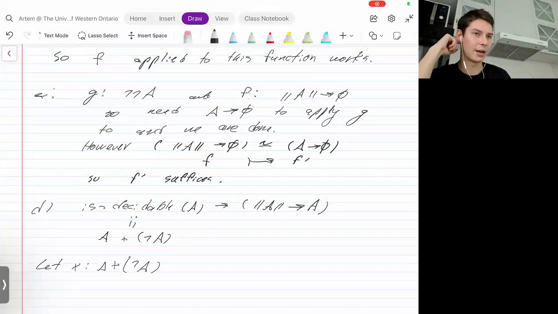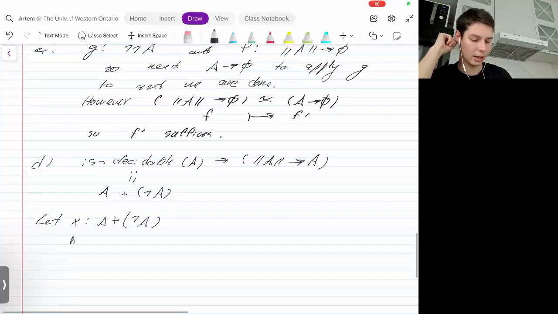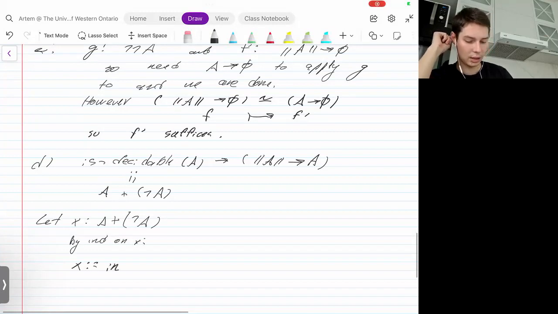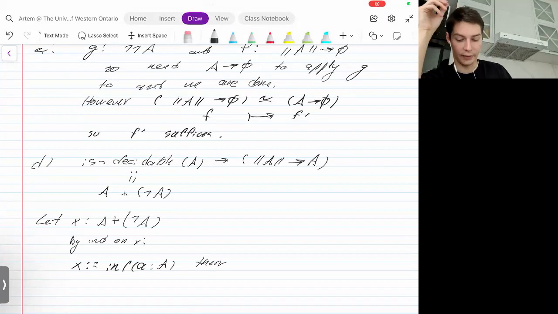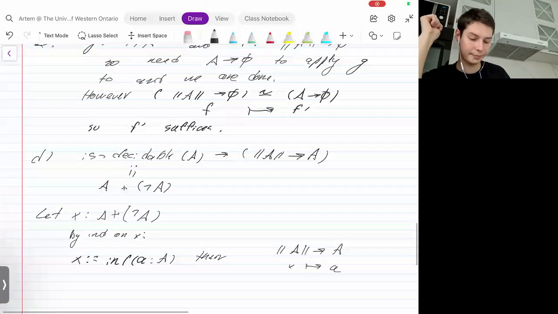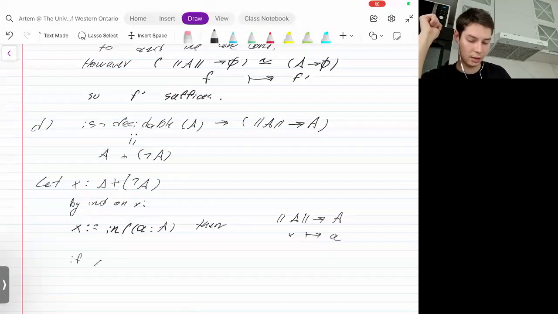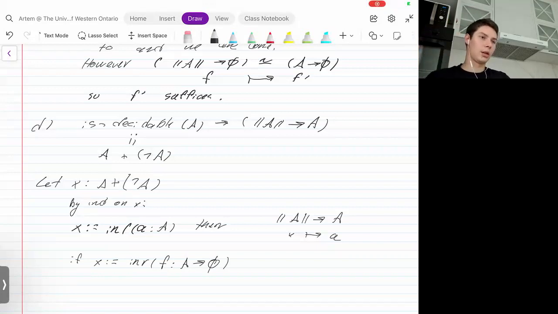Okay, so the way we proceed is by induction on X. If X is some element of A, let me write it this way to be explicit, then we simply define a constant function from A to A by mapping X to A. If X is in the right of F from A to the empty type,